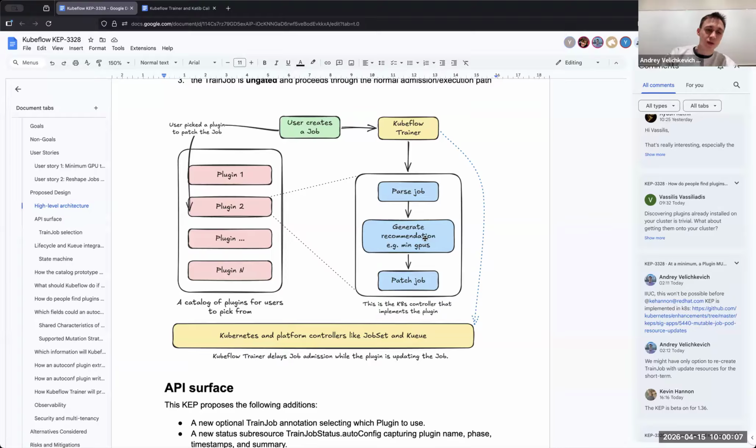So from my understanding, your plugins idea, Vasilis, can also work with those LLMs, right? Exactly. I never thought about it this far, but this box here could literally be exactly what you described. It receives the train job, sends a request to Anthropic or your Ollama endpoint, whatever, then gets the recommendation and passes it on over here. It should work.